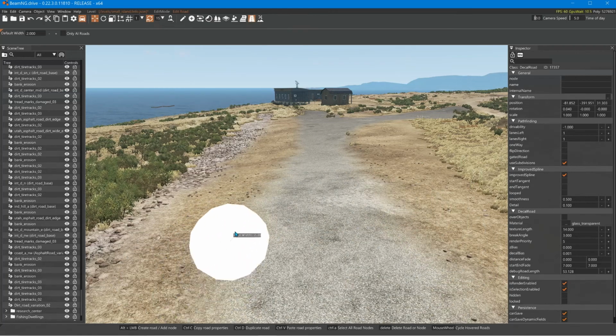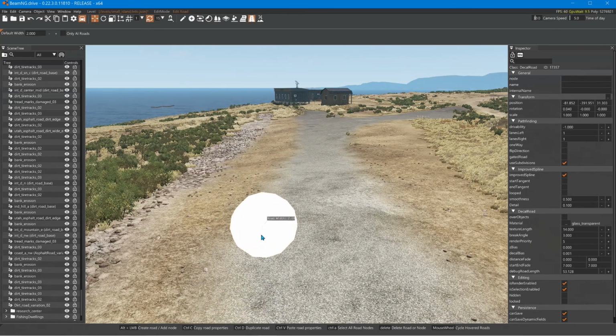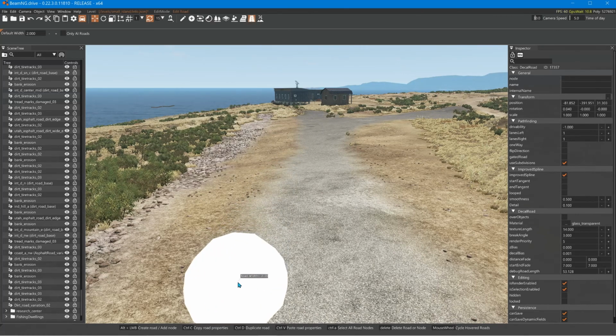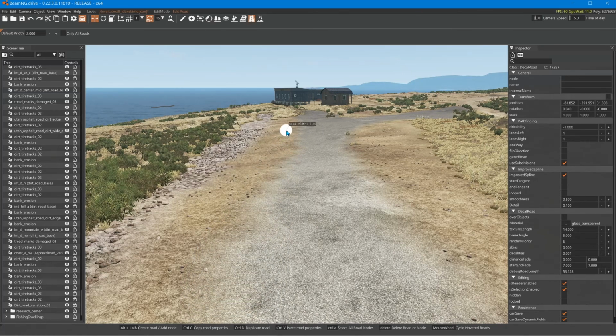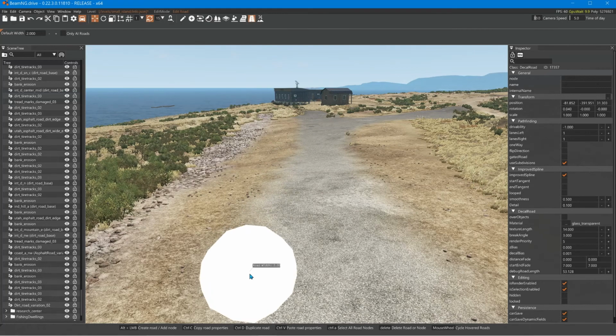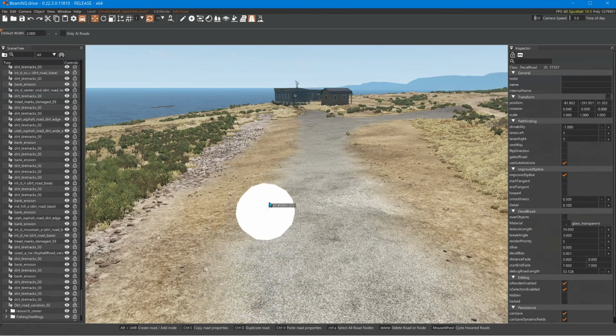This will be the first node, and you can think of nodes as the beginning and ending of a long string or a piece of spaghetti. That'd probably be a better way to describe a node. I mean a spline, which is what you're making actually. It's like a piece of spaghetti. And every node